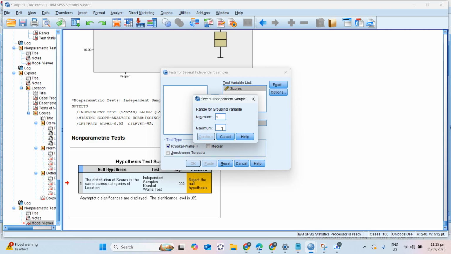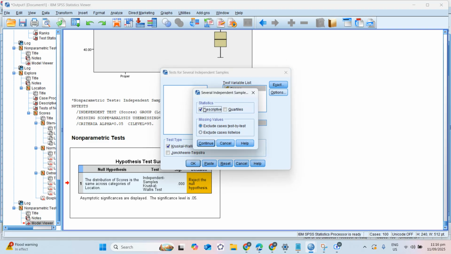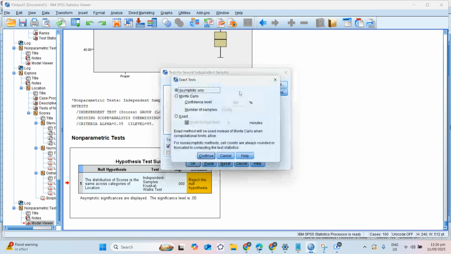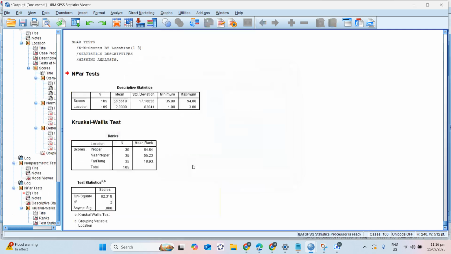So I have 3 groups, from 1 to 3. So continue, since this is Kruskal-Wallis test. So Kruskal-Wallis H, then I'll go to the options. I may be interested in the descriptives, then click continue. For Exact, I'll just use asymptotic only since I'm not doing bootstrapping. So continue, then click OK.